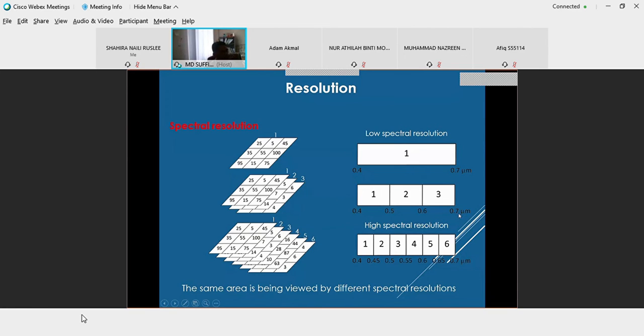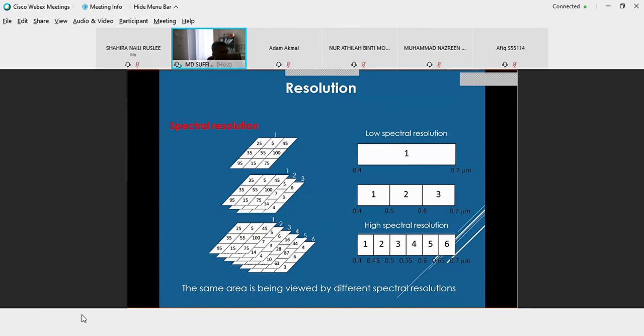So kalau contoh you ada 3 band, you pecahkan kepada blue, green, and red, so you akan dapat 3 information. And then kalau you ada high spectral resolution,